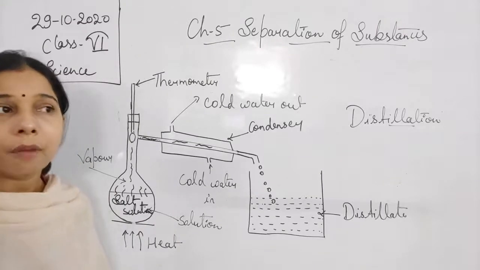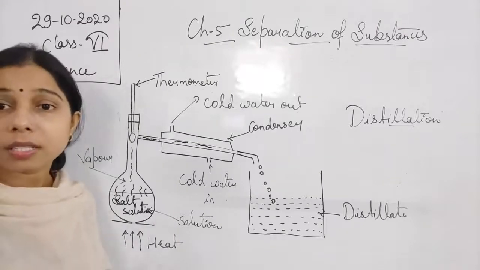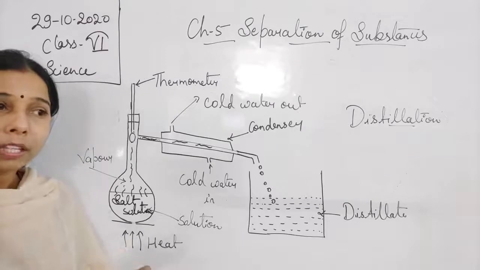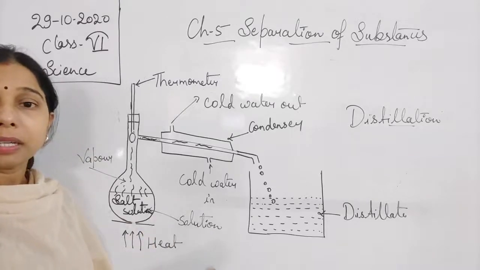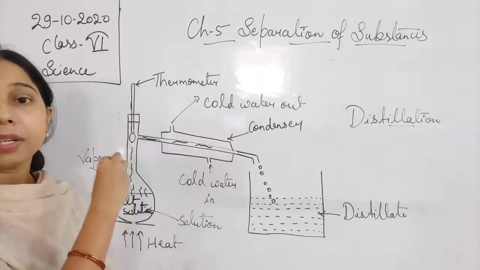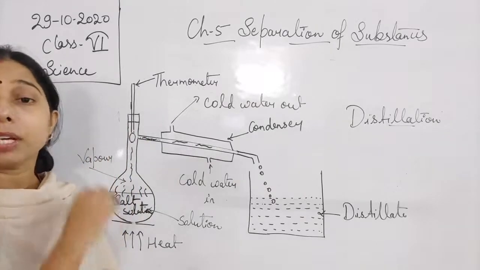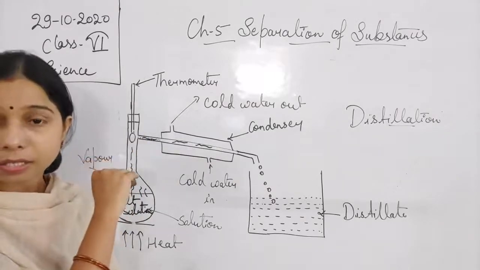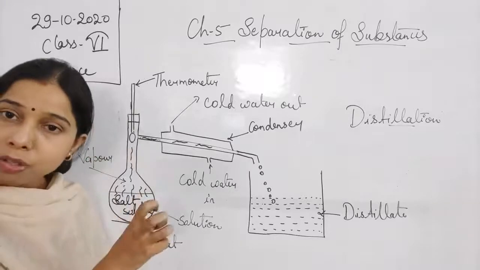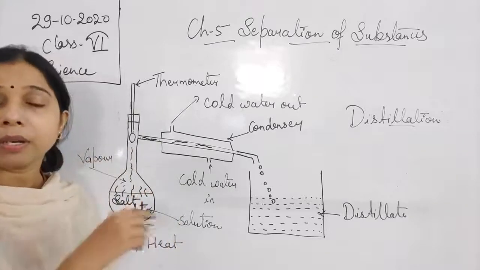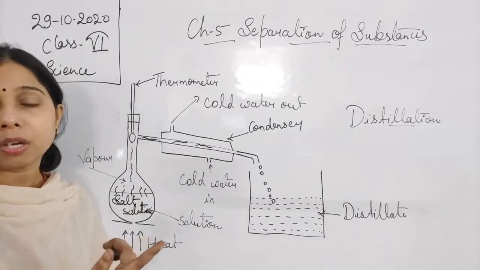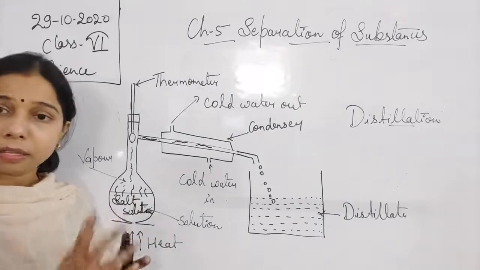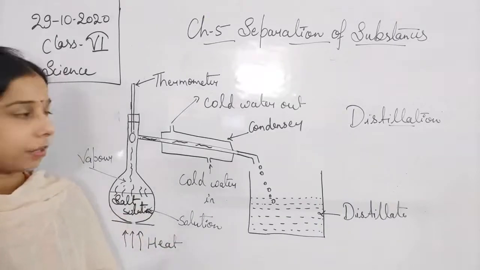We have seen when we were talking about the water cycle that the water from the sea or the ocean gets evaporated, and in the form of water vapor it reaches a certain height. There the temperature is low, so this water vapor gets converted into water droplets, and thus the formation of clouds occurs.